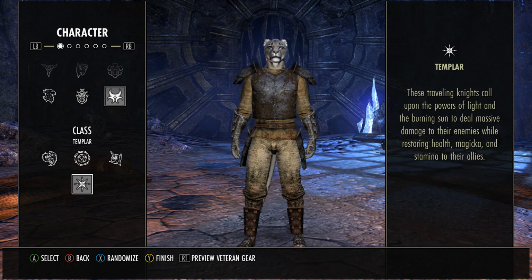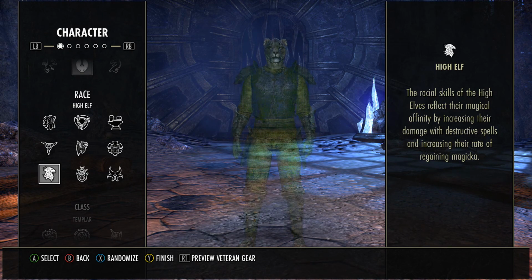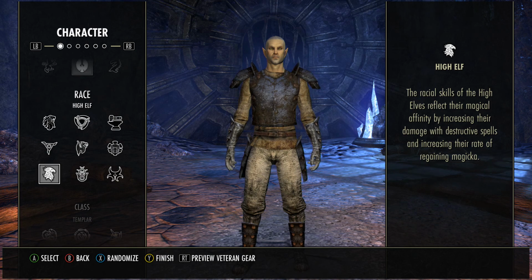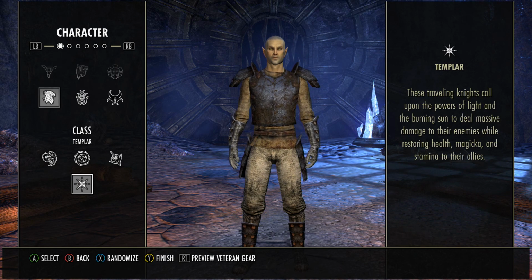And you can morph them, and morph just means change them. So if you have a fireball, when you morph it, it turns into a double fireball or something like that. And yeah, I have him as a high elf. It says increasing rate of regain magicka, and my magicka already regains pretty fast as a Templar,